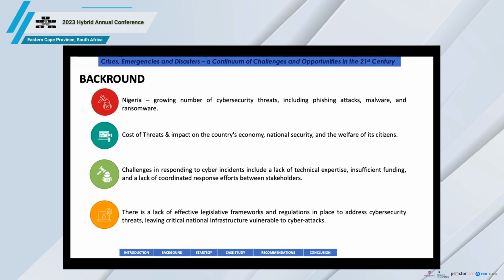Now, coming to the real guides in terms of policies and laws, which are bundled in the legislative frameworks and regulations, are not actually in place to address these threats directly. So this actually leaves the Nigerian infrastructure vulnerable to cyber attacks in terms of adequate policies and sets of practices, SOPs, that are there to normally protect the usage of these infrastructure. So cyber threat actors take advantage of these inefficiencies and inadequacies to